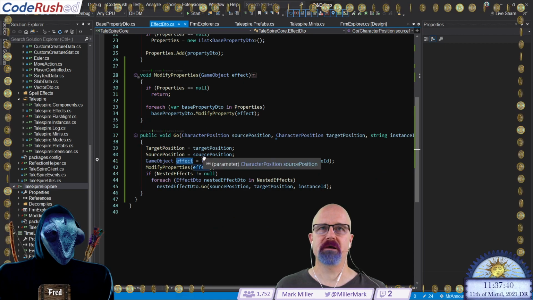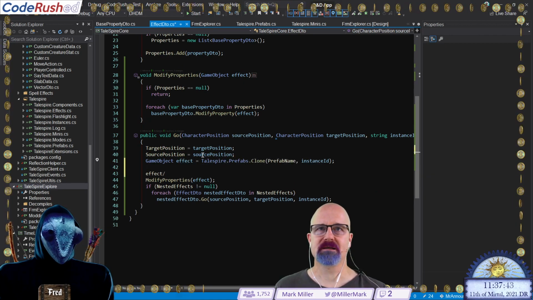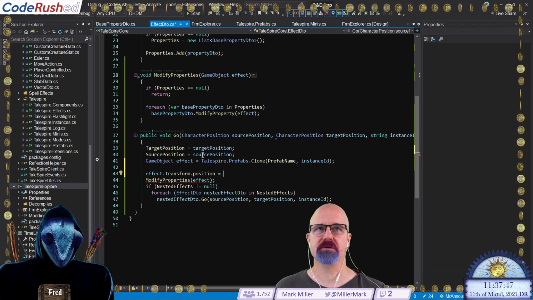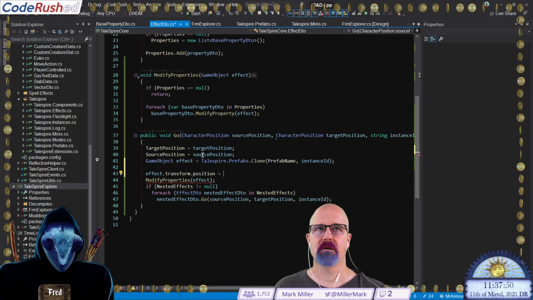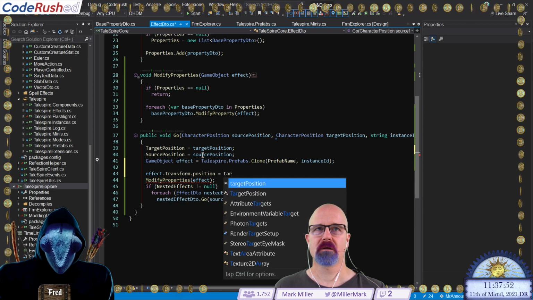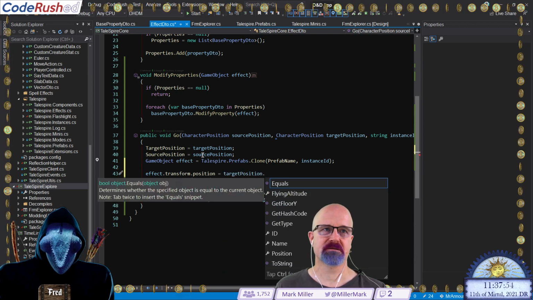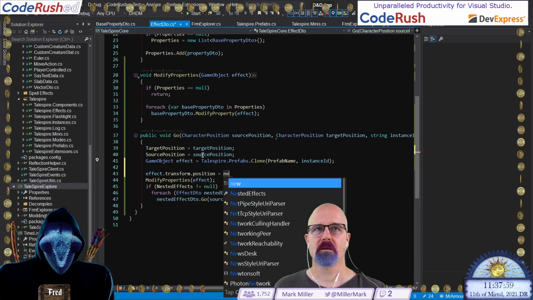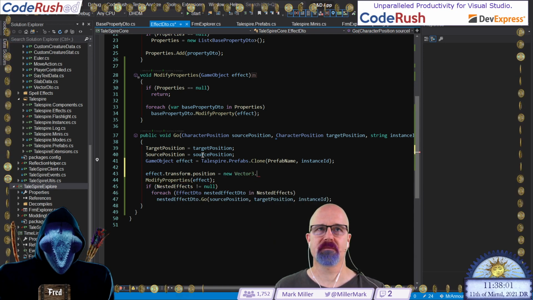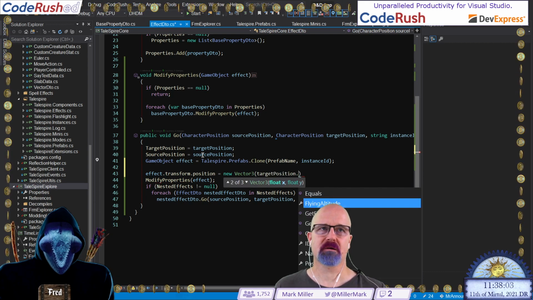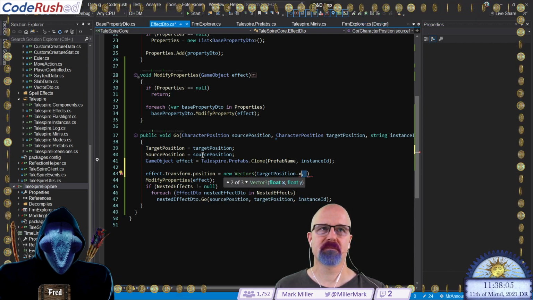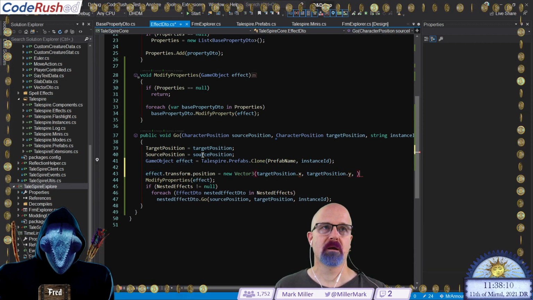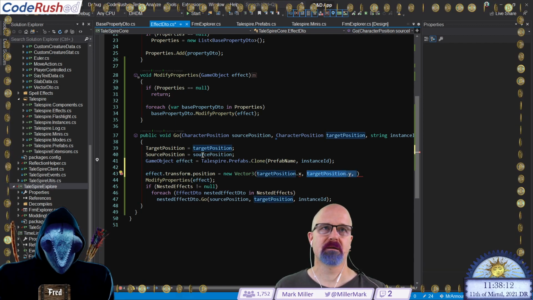We could do this. Effect dot transform dot position is equal to target position dot. Is there an extension method on this? There's not. New vector 3. Target position dot x. Dot y. And nope.